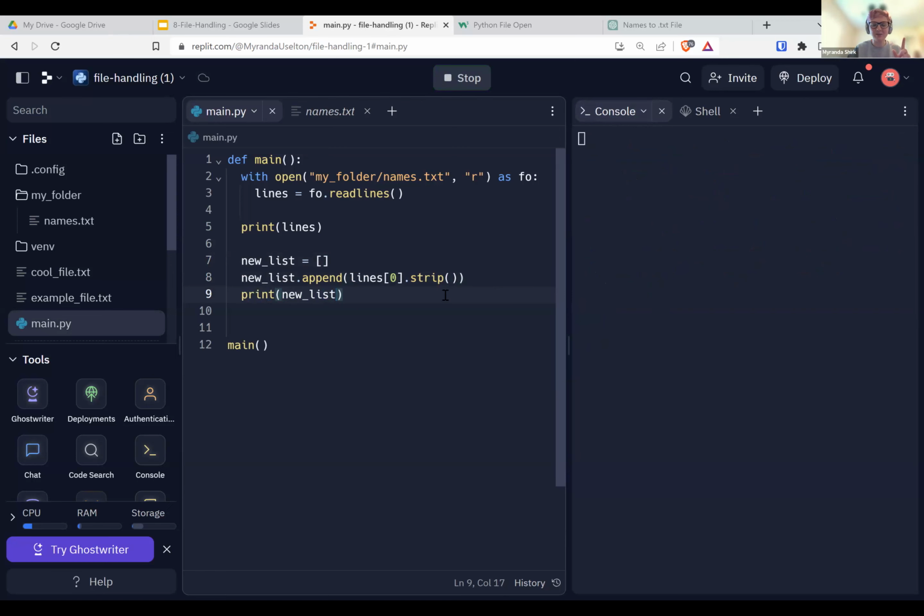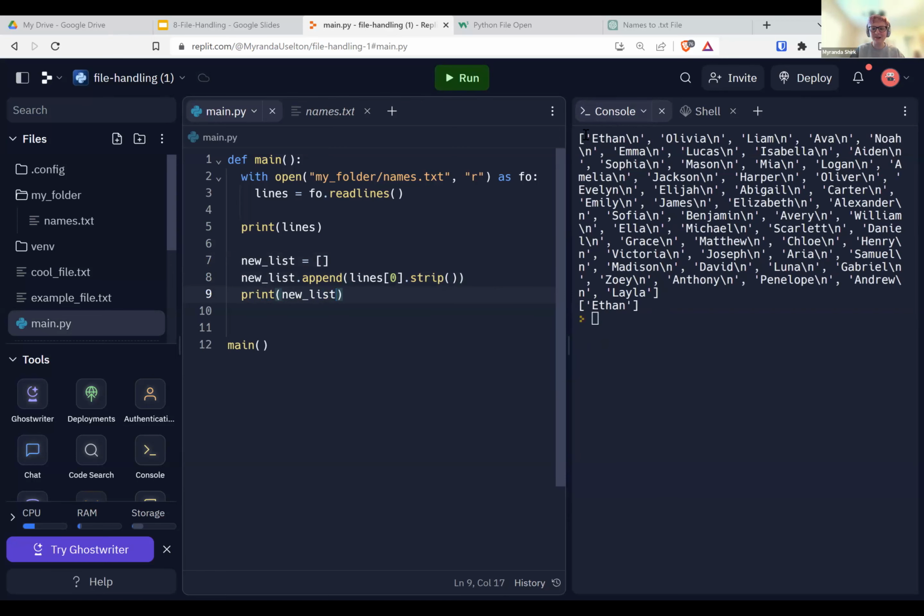This is what happens when I try to come up with an example on the fly. Okay, so notice here we have Ethan \n, but now when we say dot strip, we have just Ethan. So that's what I'm talking about. We want to strip this new line here. So great job remembering that. So if we want to do that for each name there,